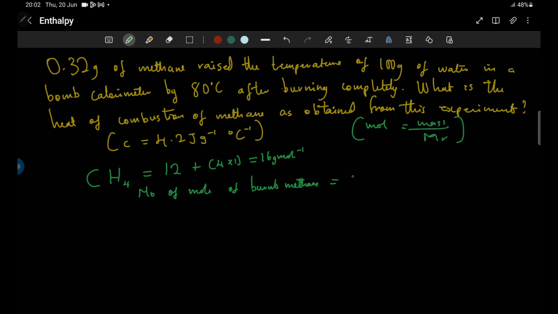So that will be the mass, 0.32 as given to us from the question, over the molar mass, 16 grams per mole. That gives you 0.02 mole. Now let's check how many kilojoules of heat has been produced from that. So the heat liberated